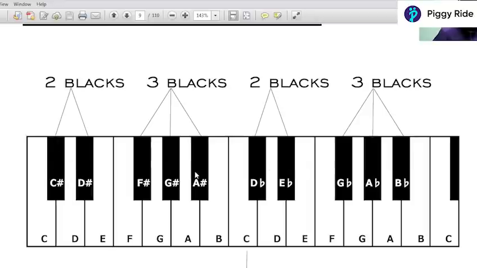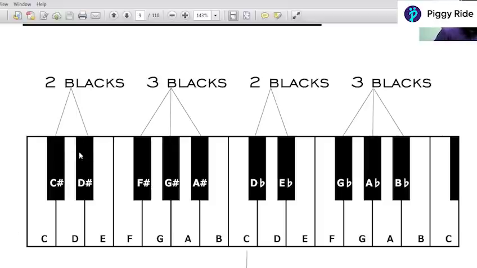So let's start with how you can read. Before starting I will explain: in Western music we follow 7 letters, A B C D E F G. These are the notes we have to follow, like do re mi fa sol la ti in vocal, and in Indian sa re ga ma pa dha ni. Same in Western instruments, we follow A B C D E F G, only 7 letters.